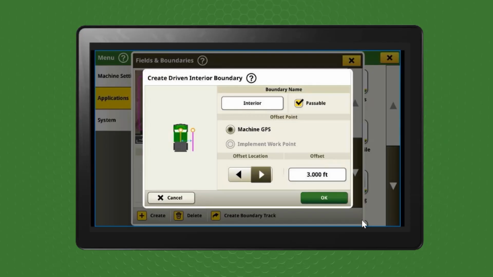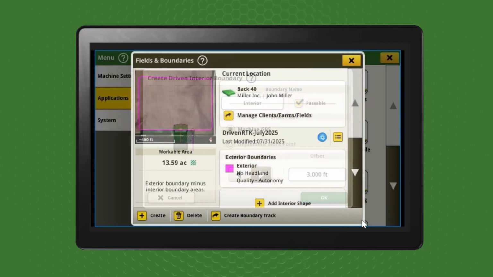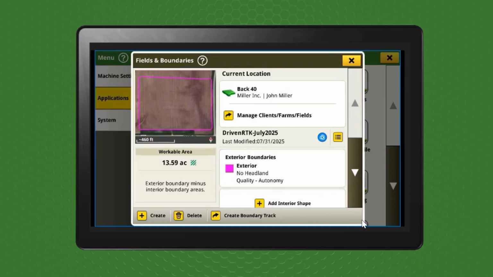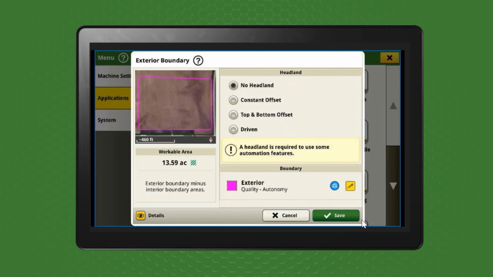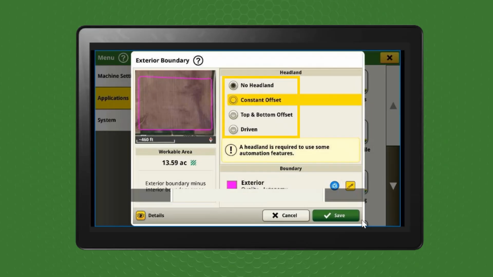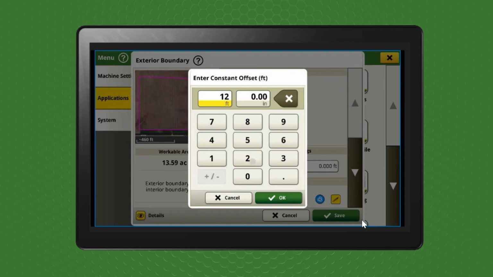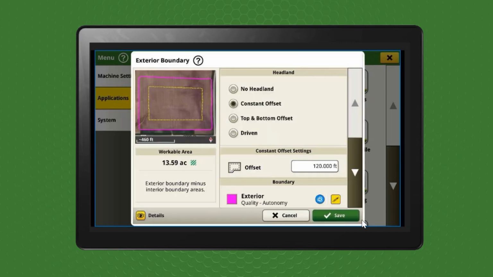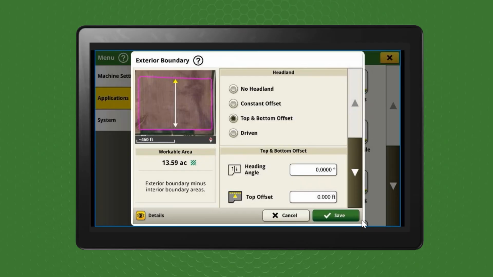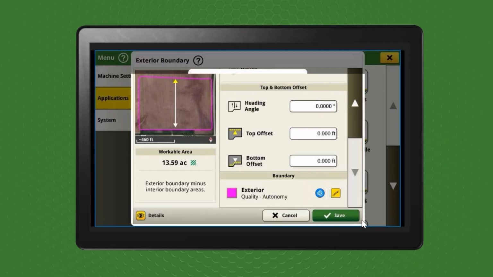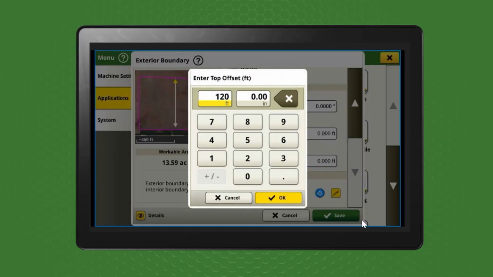Additionally, consider if there are any headlands that should be established for these boundaries. If so, click on either the exterior or interior boundary that you want to create a headland for. Choose the headland type you want to create. Constant offset will establish a headland around the entire perimeter of the boundary that is the width that you enter into the setup. Top and bottom offset will create a headland based on the heading angle entered. The top and bottom offset will be used as the width of the headlands created for those sides of the